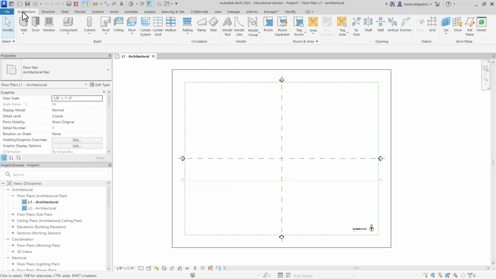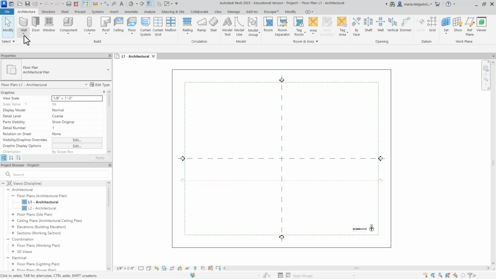So if we select our Architecture tab, you can see that there are words down here at the bottom that are subdivided. This is our Build section within our Architecture tab. This is our Circulation section within our Architecture tab. This is our Model section, Room and Area section, Openings, and so forth.